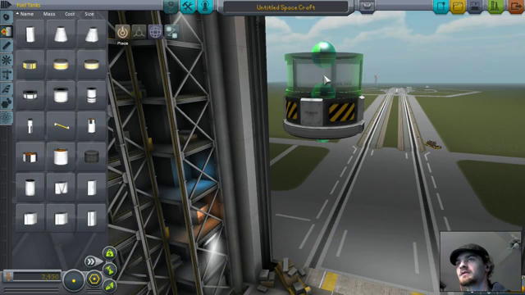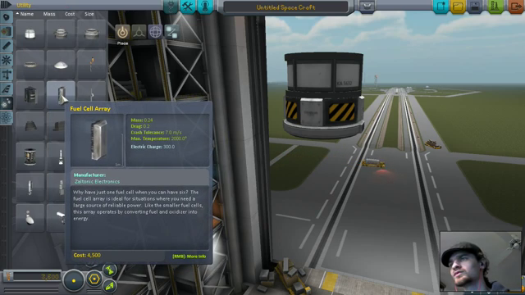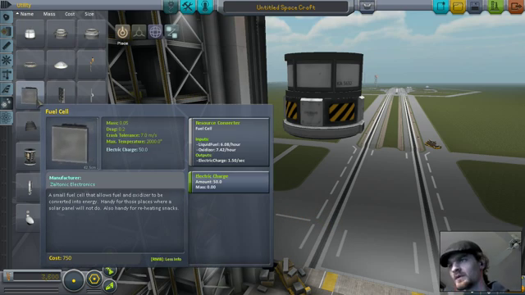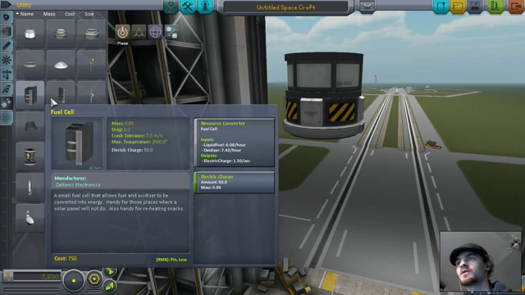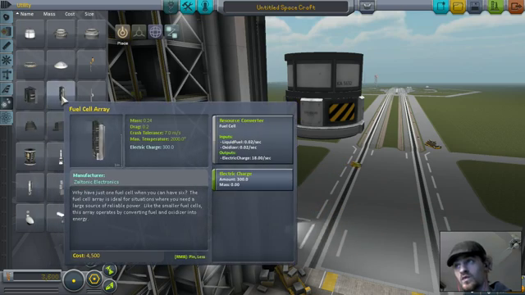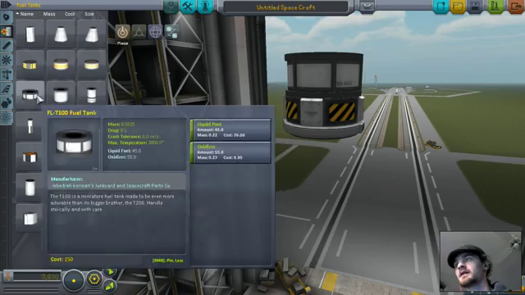Fuel tank. Yeah, and that has oxidizer and fuel. But it doesn't tell me. Whoa. How big? No, that is pretty big. I think I might have...